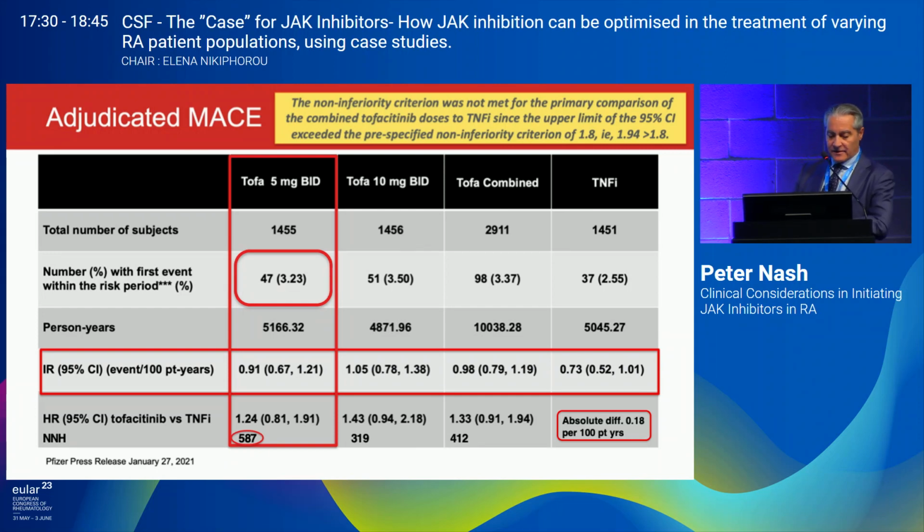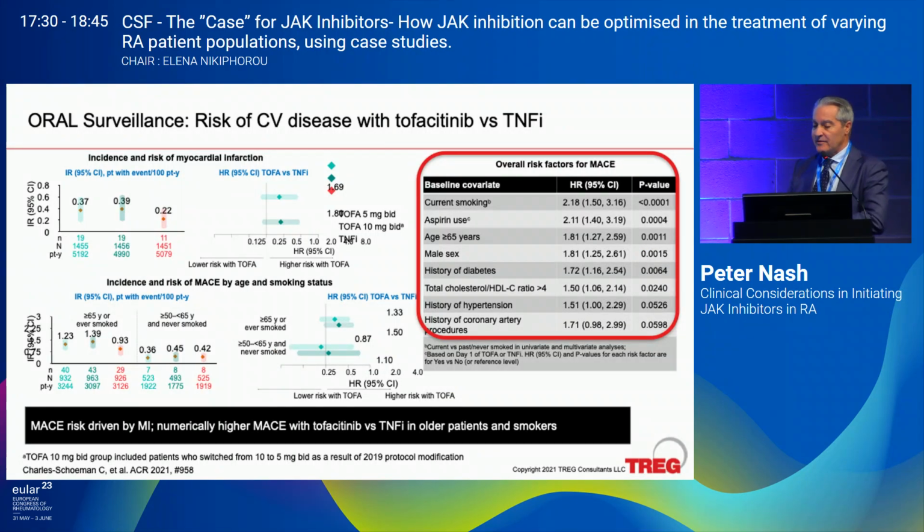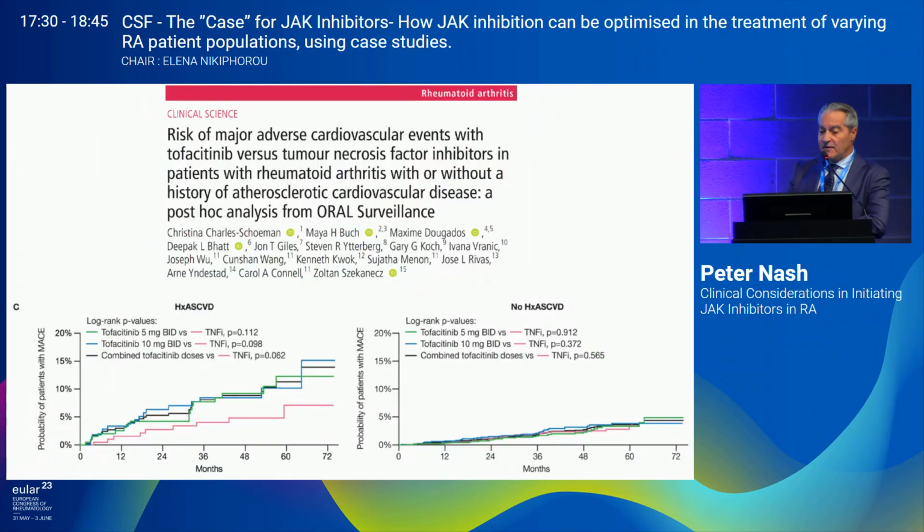You have to treat 587 people for 12 months to have one extra non-fatal MACE, and the difference is between 47 events and 35 events. You move 5 patients in either group and you've eliminated the numerical difference. And what drove it? The kinds of things you'd expect: smoking, age, diabetes, etc. Now, if you've had no history of cardiovascular disease, you do not have increased risk. The group that had the highest risk were over 65, obese, happened to live in the United States, and had a history of